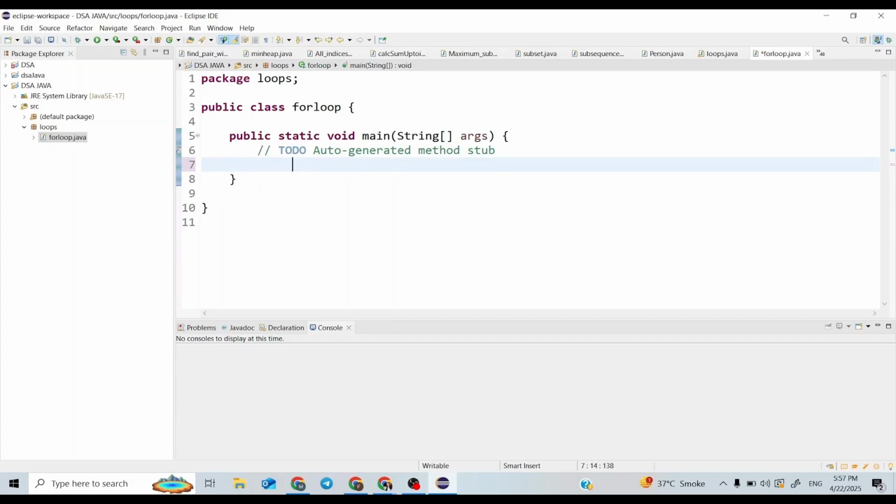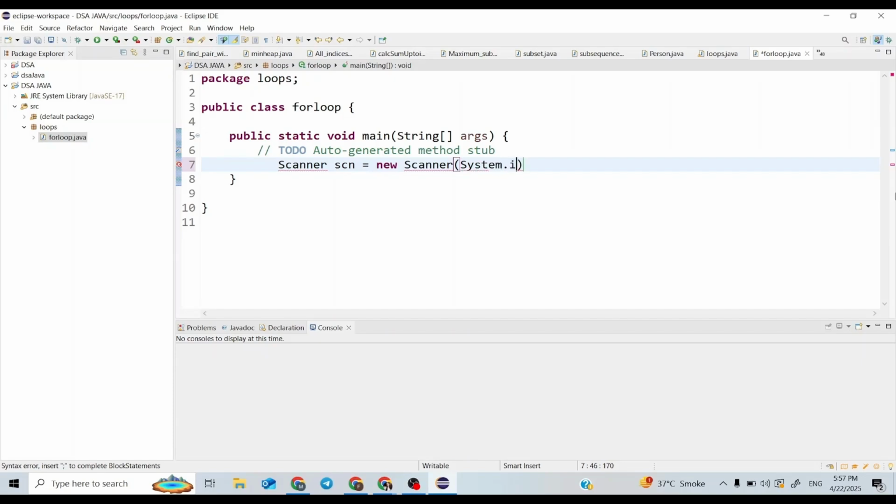So here I will take input from the user. New Scanner, which I already told you how to use to take input from the user. You need to import the Scanner library in your program.